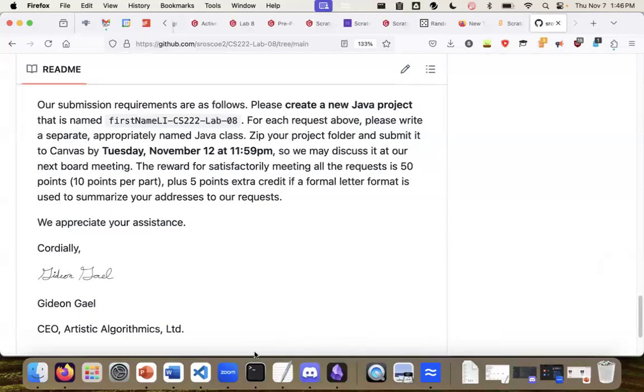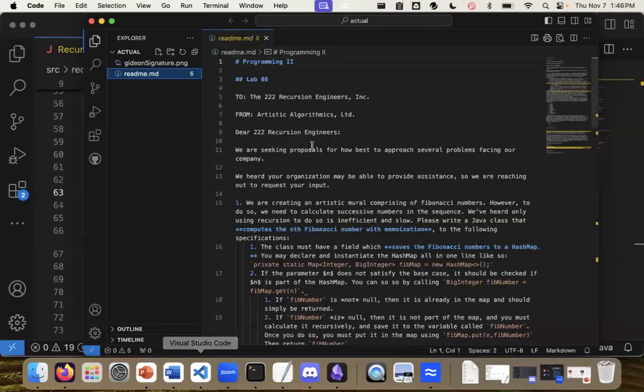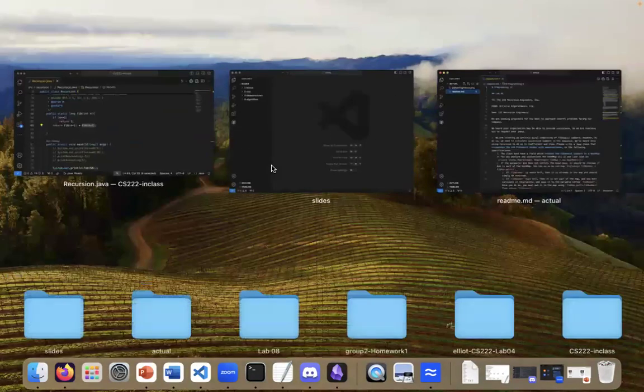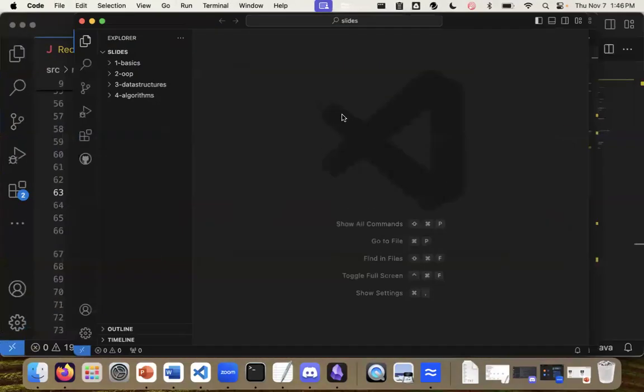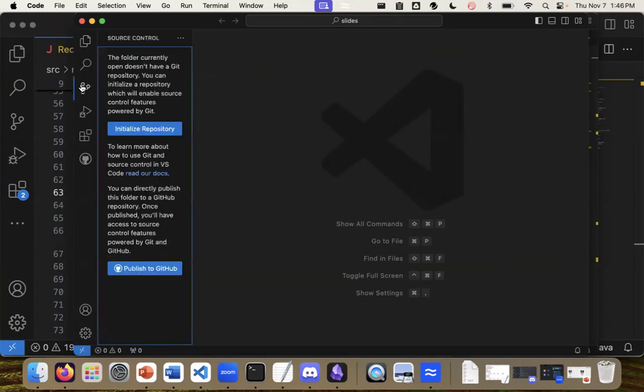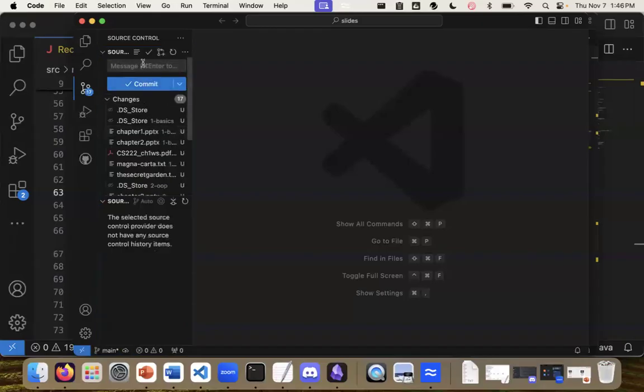So let's also try, I want to show you what starting one of these looks like from VS Code. So if you create a project in VS Code, let's say I'm in my slides folder where I want to make this available. So let's go to source control. And then I would say initialize a repository because currently it's not published anywhere. So if I initialize repository,